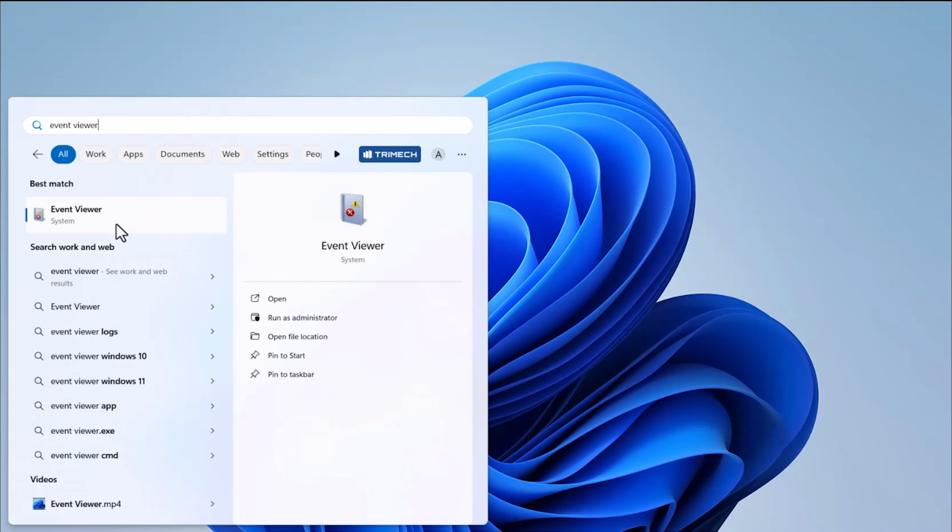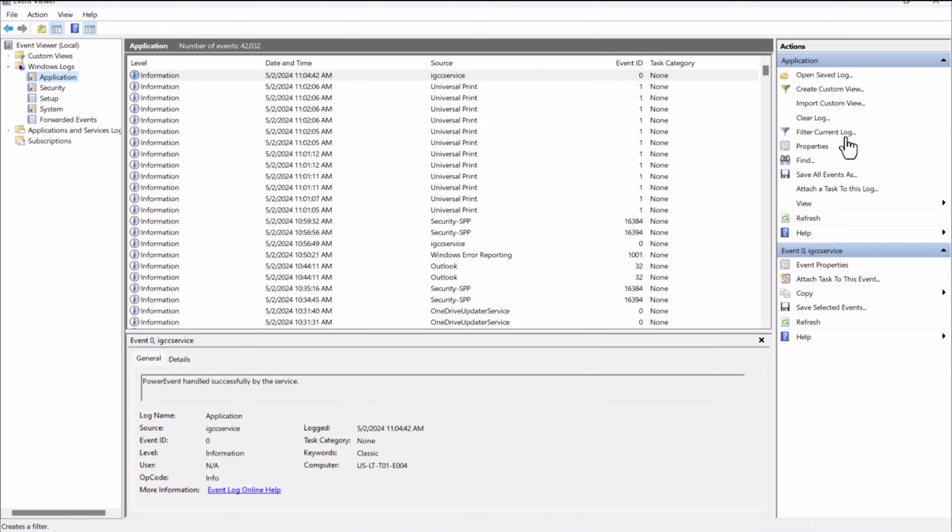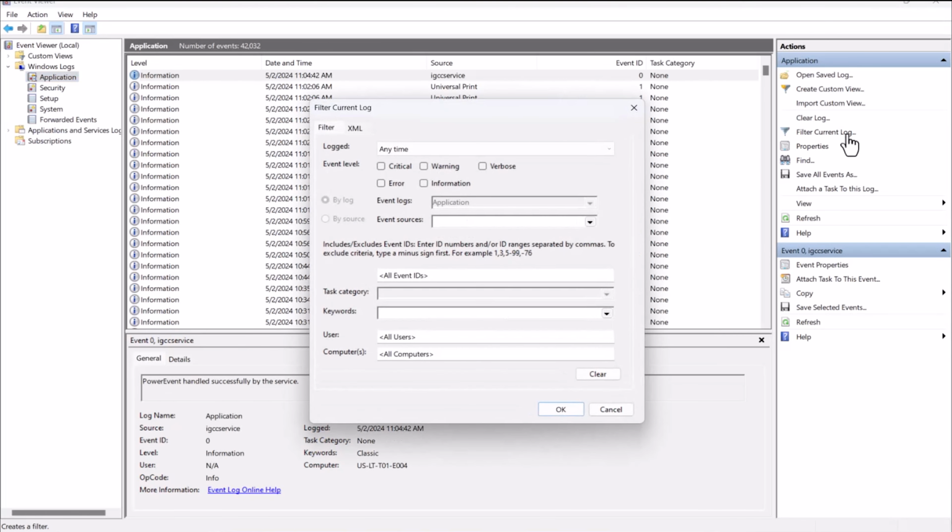Once we open the Event Viewer, we can go to our Windows logs and select Application. Over on the right side of the screen, we have the ability to filter current logs. From the Filter Current Log selection, we're going to enable critical and errors from the event level. What we're now looking for in the list of errors is anything that has an application error as a source. This will point to SOLIDWORKS if you have had a SOLIDWORKS crash.